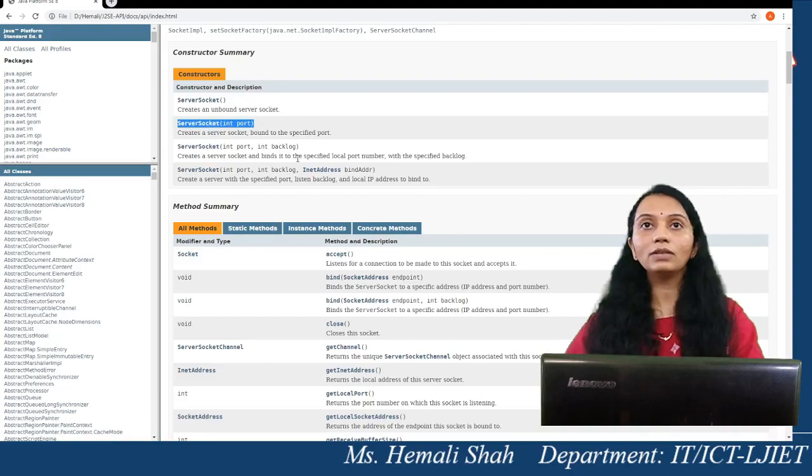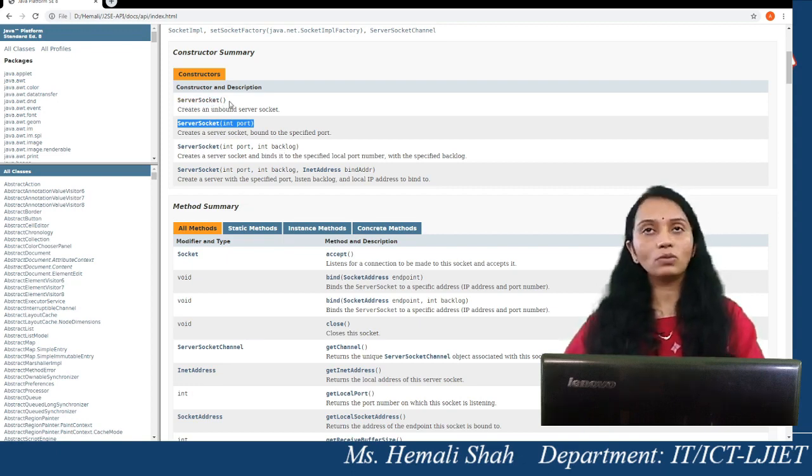So this constructor we will use here. This other constructor with two arguments accepts int as parameters, port and backlog. When multiple requests arrive at the server, how many requests you are going to allow is the backlog. That means how many multiple requests you can accept at the same time with the same ServerSocket object, which you can decide over here, right? Many more constructors are there besides these two.